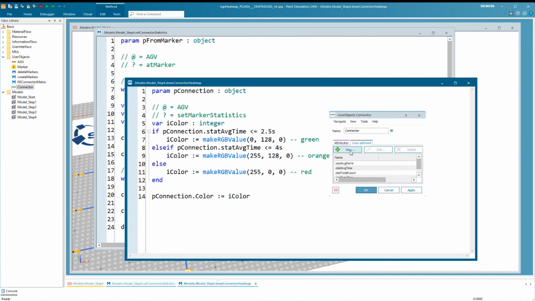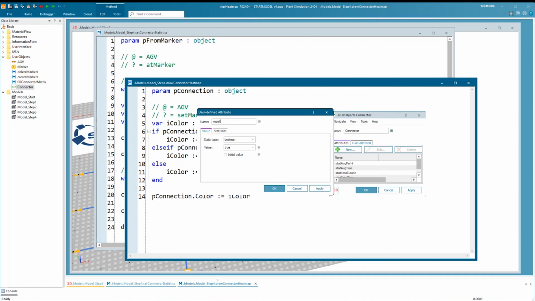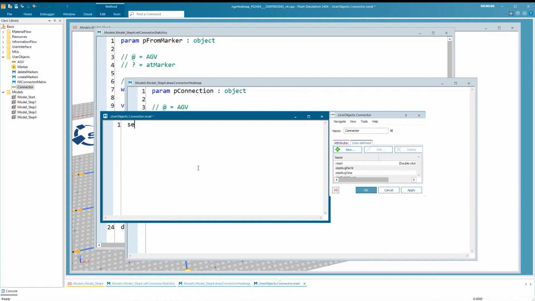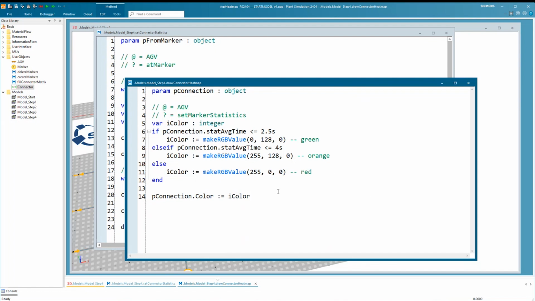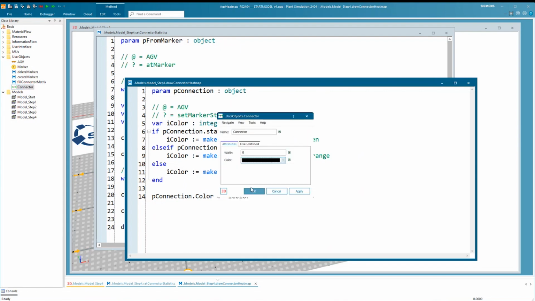But again, to make sure that when you reset the model, you don't see connectors in the wrong colors that do not reflect the current heat map, I will also put a reset method on my connector class to make sure that the color is always the basic color that I have here in my class. So if I change this to, I don't know, gray or whatever, then all the connectors are gray. Maybe rather black.